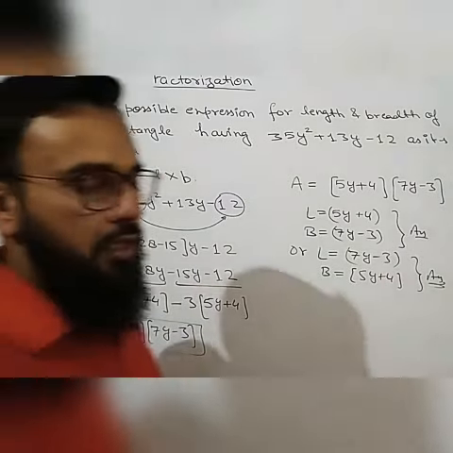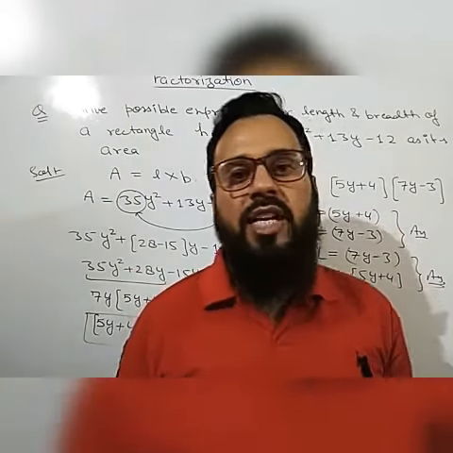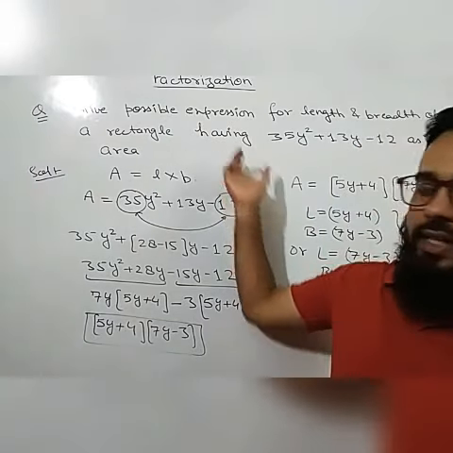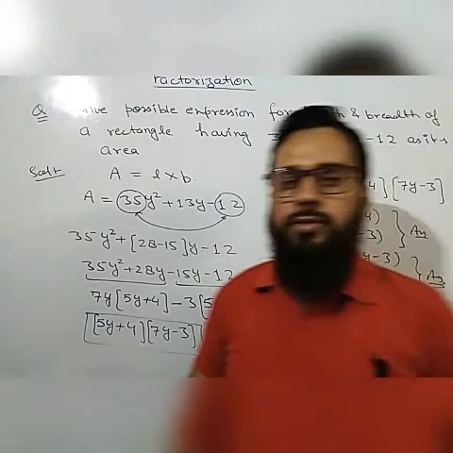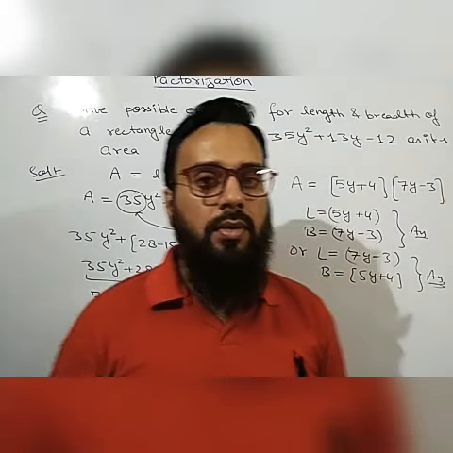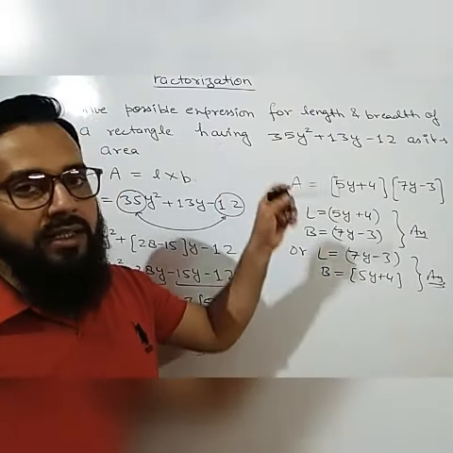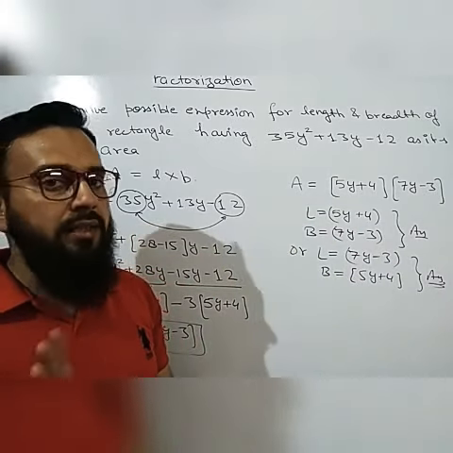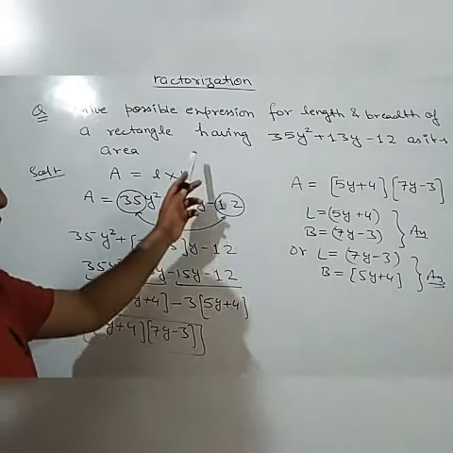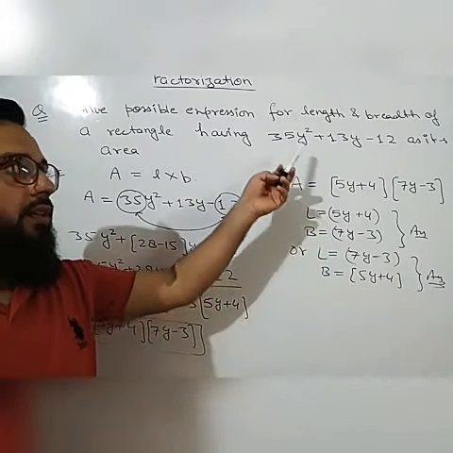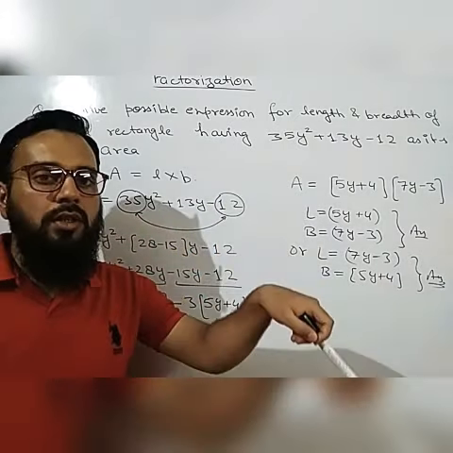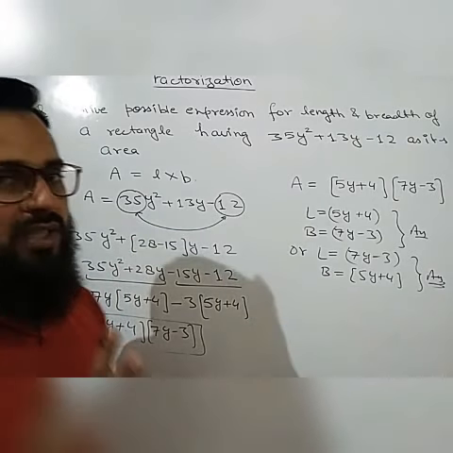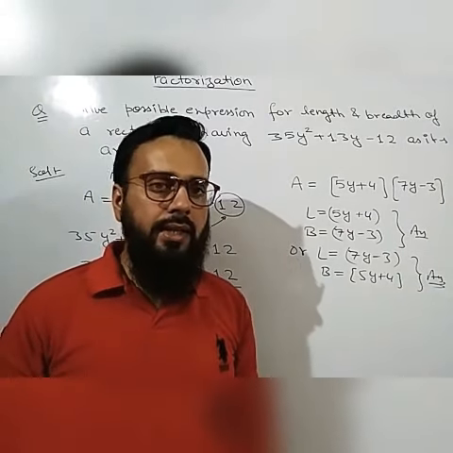So today we have discussed the factorization by splitting the middle term of the square term and finding the area and volume from a given expression. If we are given volume or area, we have to find the length and width. If it is given volume, then there will be three factors. Okay, there is one more question. You will solve it yourself. Whenever you are given the volume, you also have to factorize that volume, and you will get three possible expressions for length, width and height.